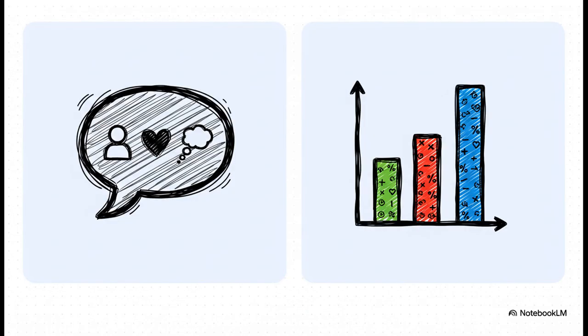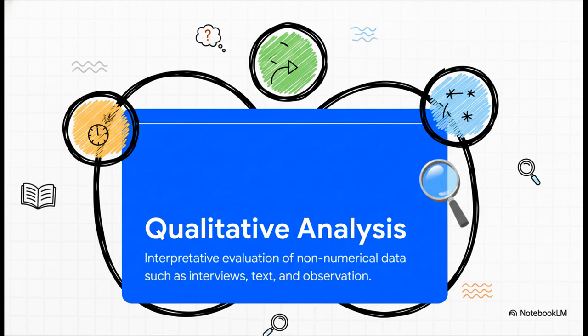But here's a really important point. Seeing today isn't just about one thing. There are actually 2 fundamental ways you can gather information about the present. And to get the full picture, you really need both of them. On one hand, you've got qualitative analysis. This is all about the why. It's the human element, the stories, the feelings, the culture behind the data. You get this from talking to people, from watching them, from reading what they write. It gives you the rich context that numbers alone will never, ever give you.